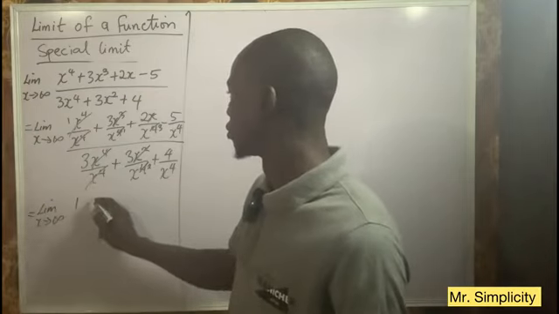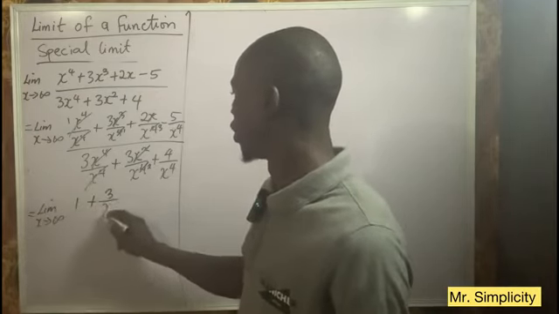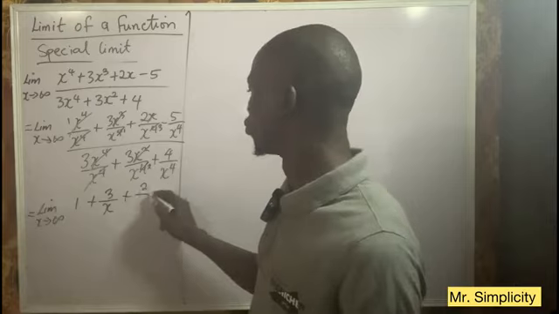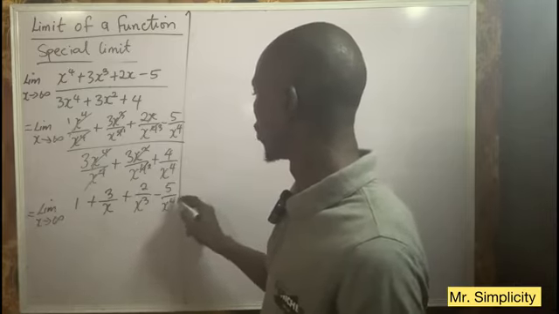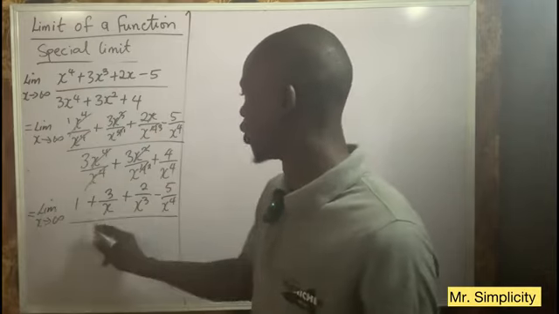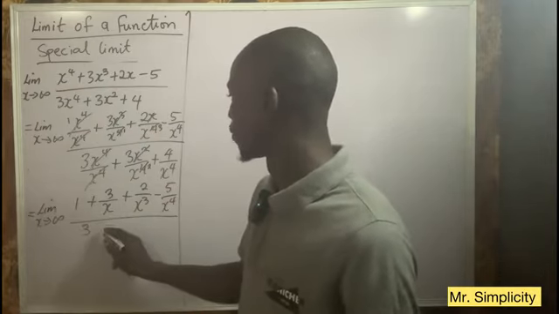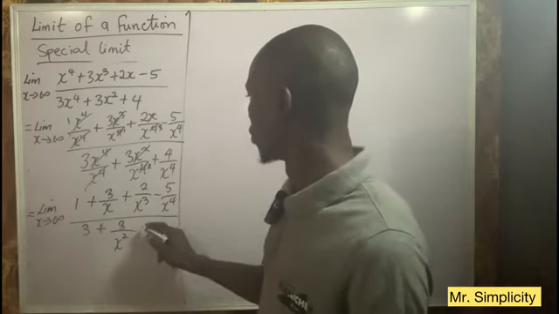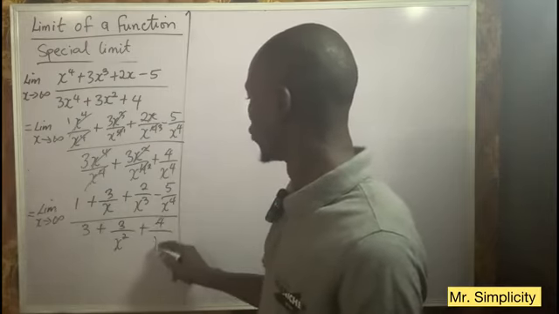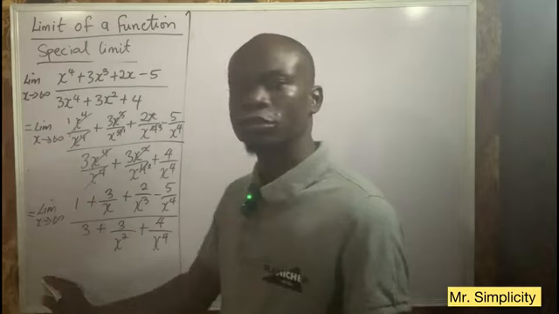We have 1 plus 3 over x plus 2 over x cubed minus 5 over x raised to power 4, all over 3 plus 3 over x squared plus 4 over x raised to power 4. So we recall